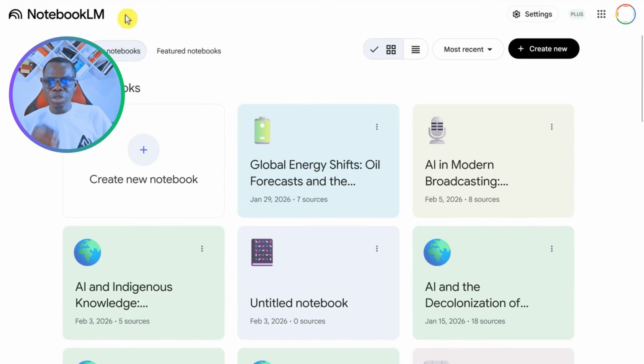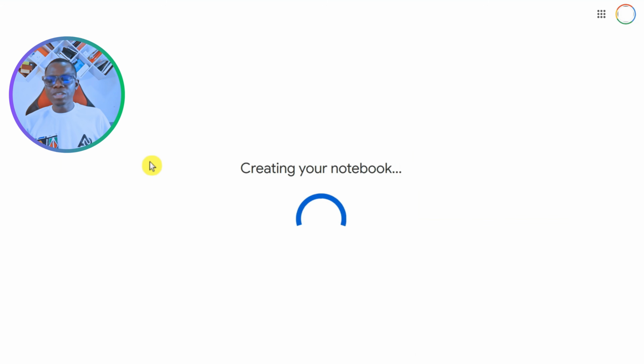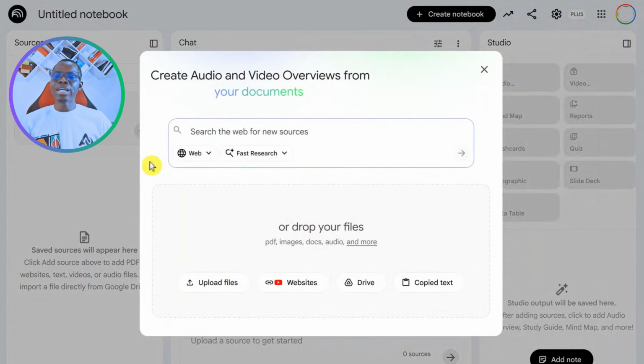If you go to notebooklm.google.com, you will be able to create a notebook. You can use the free plan. The free plan will allow you to add up to 50 sources, while the paid plan will allow you to do more than that. So if you choose to create a notebook, you have options of adding your sources directly